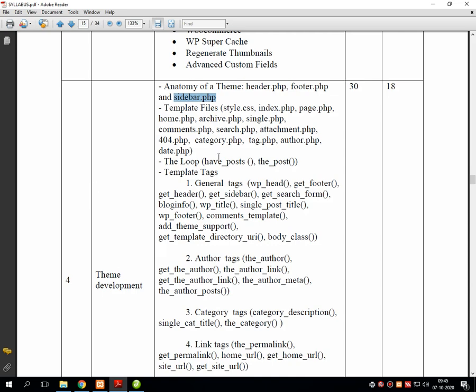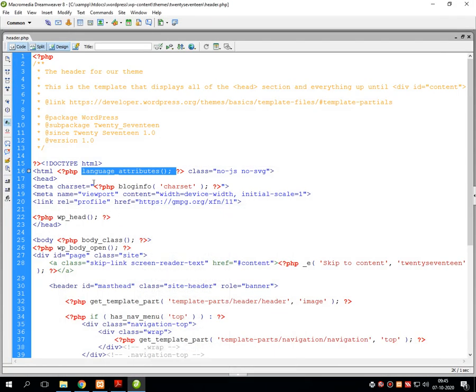So this language attribute, actually this is a function not mentioned in any corner of our syllabus, but still we'll have an idea about language_attributes. What does it mean? WordPress, as you know, is a multilingual content management system. That means in a single website you can display your contents in different languages also.